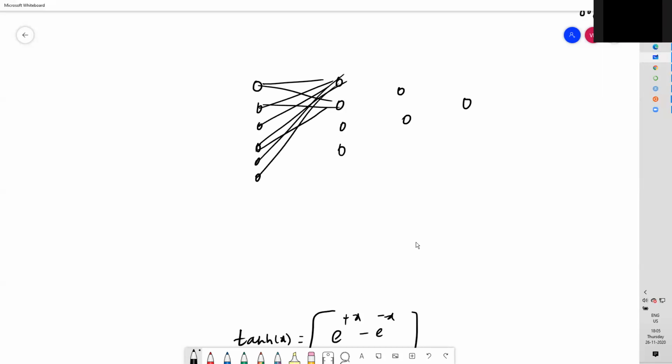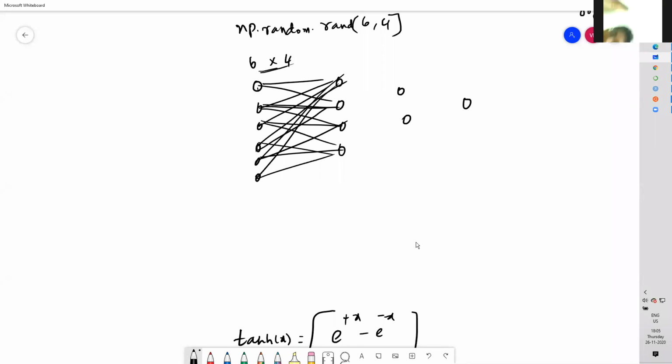So how many weights do we have to initialize here? The number of weights is 6 by 4, so we say np.random.rand of 6 by 4. This is just the initialization. Then from this to this,